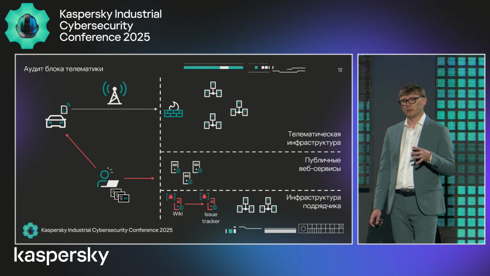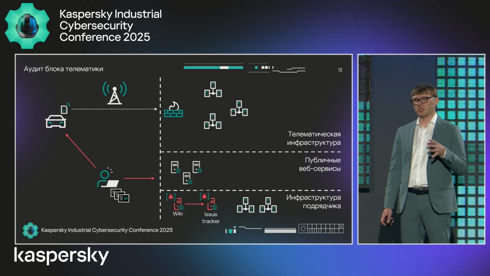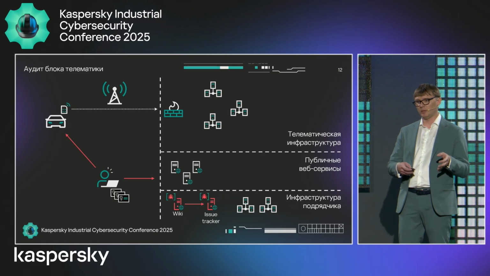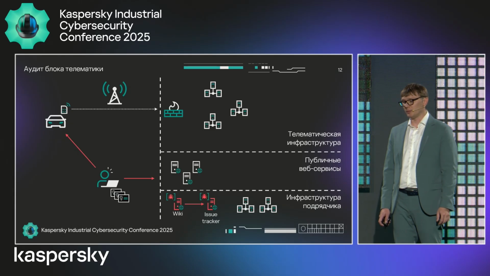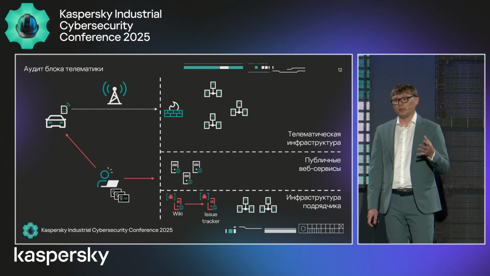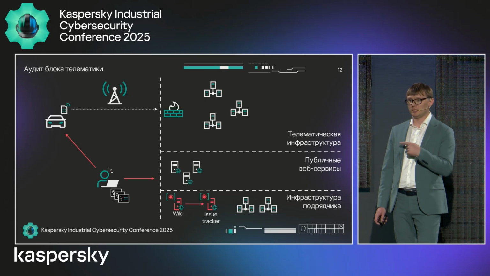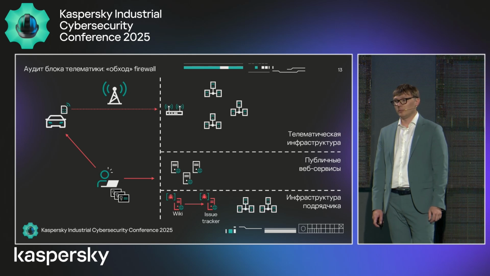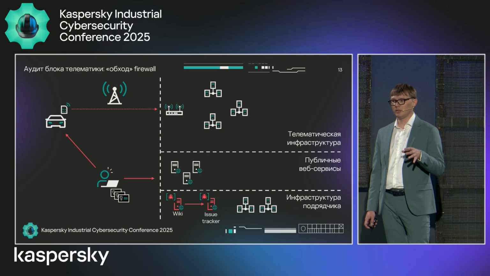The access to the telematics and the services being part of that was limited from the internet, and access was allowed only from certain SIM cards. We had automobiles and they needed SIM cards, and therefore we obtained access to the automobile infrastructure. When we started studying it, the first thing we found was that the real-life picture was different from what was presented on the slide. The firewall was designed with some